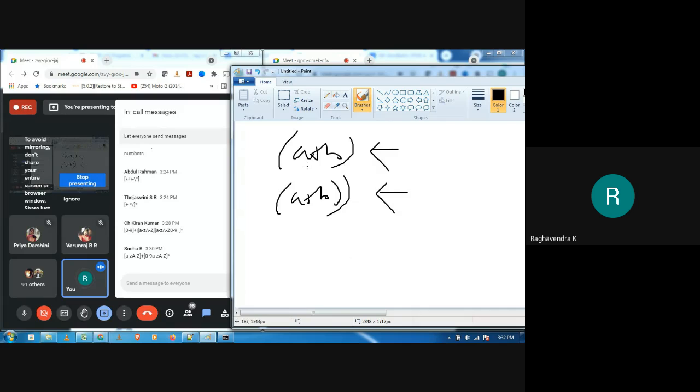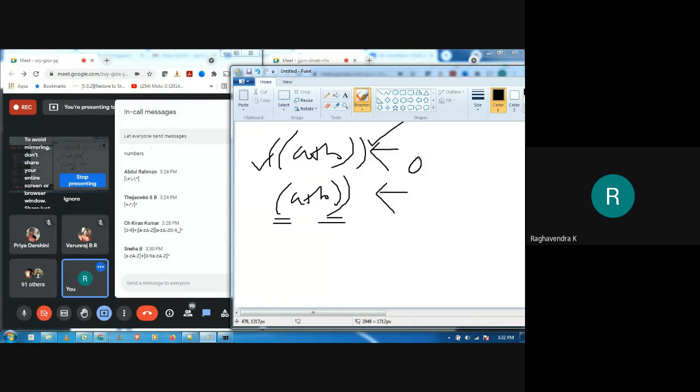Of course, there's a mismatch between the opening bracket and the closing bracket. So what do we expect? We expect the number of opening brackets to be the same as closing brackets. So this is one way to do it. Second thing is, here the number of opening parentheses is not the same as closing brackets. So that is one way to judge whether we have got a valid expression or not.